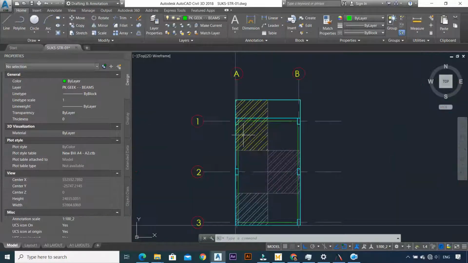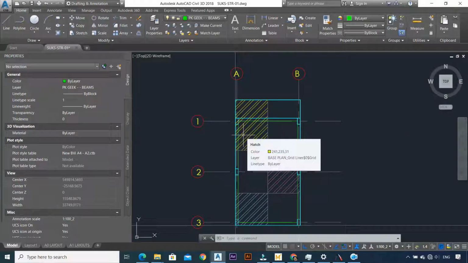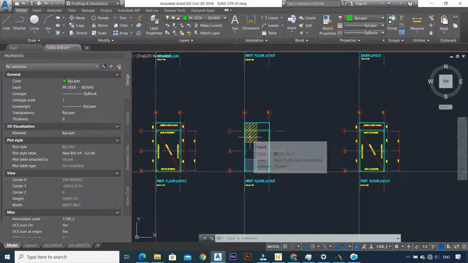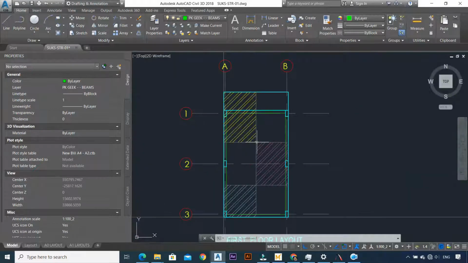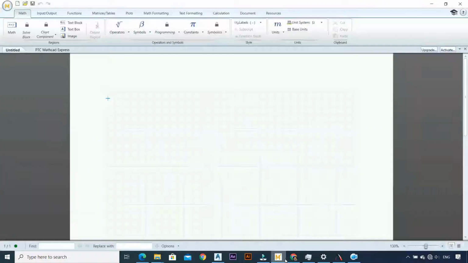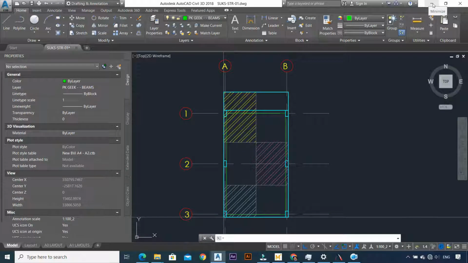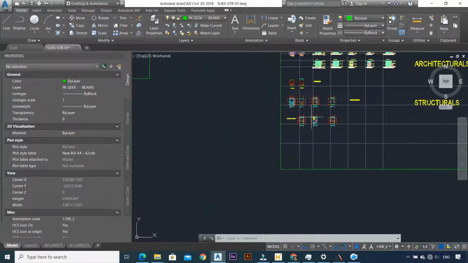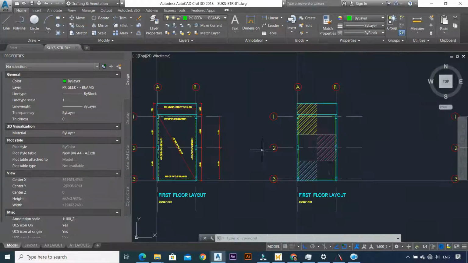Now I think we have seen how to create your tributary areas that will help you to size your foundations. This is what we're going to use to size our own foundations or get the loads that go into the foundation. So I think we have an Excel file, and we've also opened up MathCAD. We have now installed MathCAD, because previously in the other video we did not have MathCAD. So we need to just check the deflection of the sizes that we did for slab and our beams,